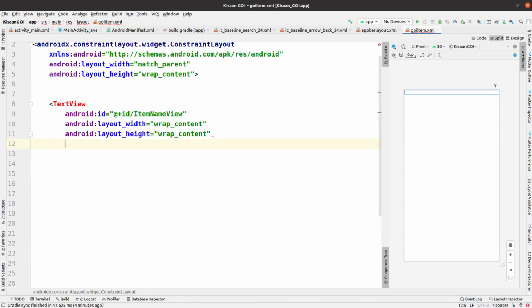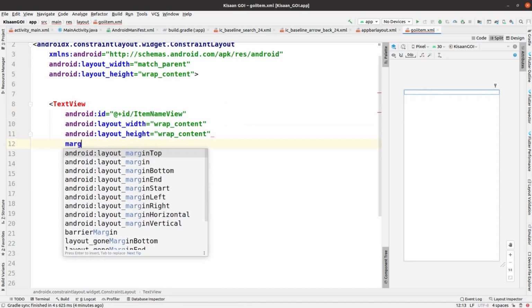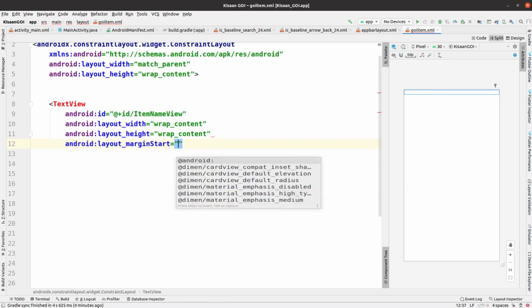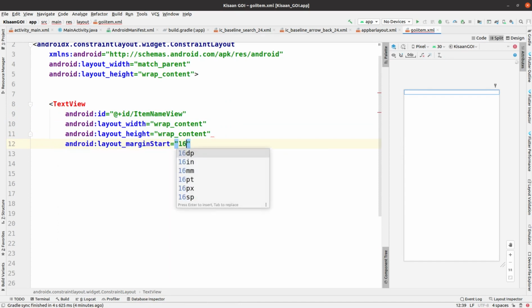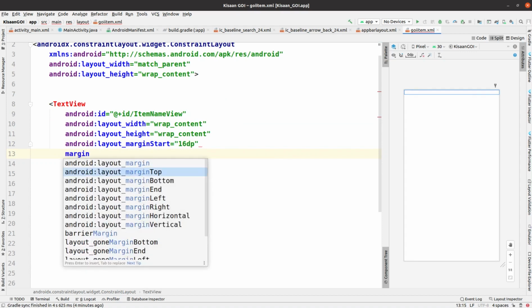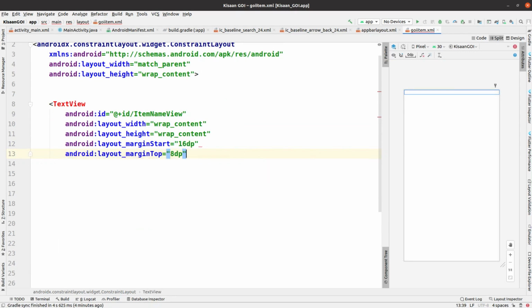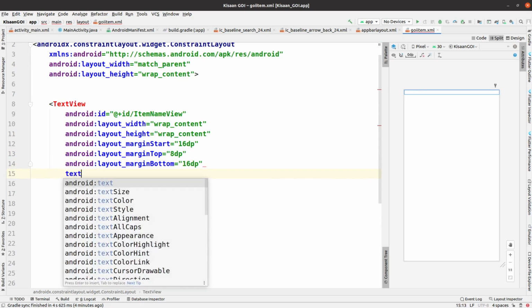Now we have to add a few more properties to this text view, such that margin from the start is given as 16 dp, margin from the top side is given as 8 dp, and margin from the bottom is also given as 16 dp.